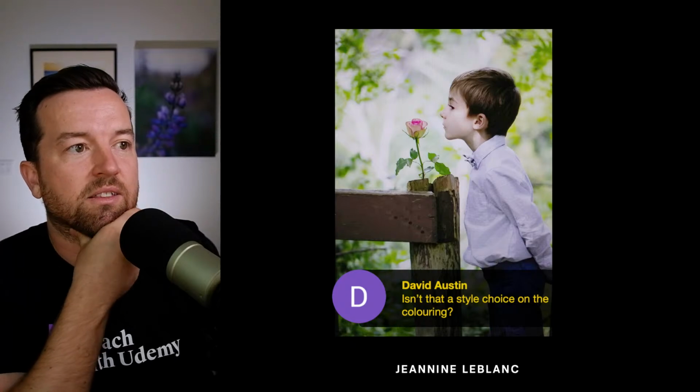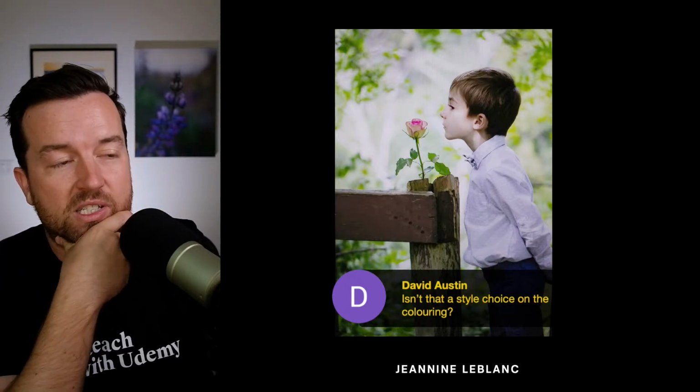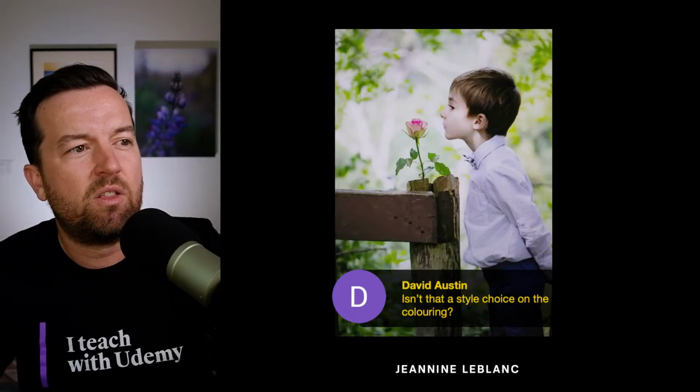I think, yes, that could be a style choice, and maybe it's just not my preferred style. I do think his skin just looks a little bit too cool to feel a little unnatural, but I don't know. But yeah, I think like